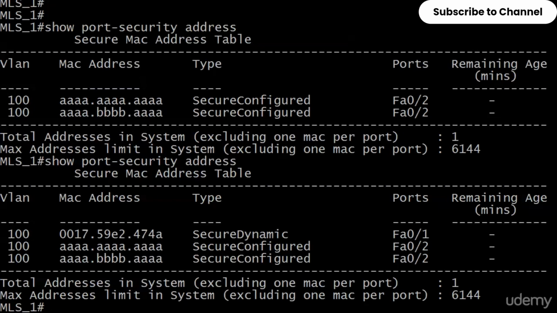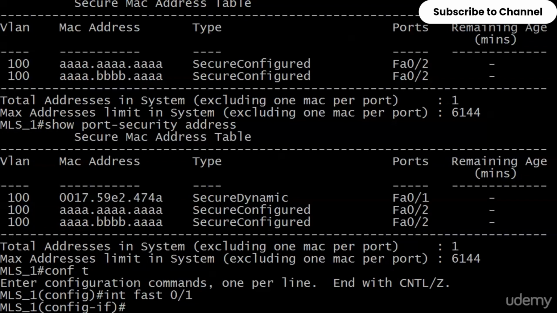What you're doing with sticky addressing is these secure dynamic addresses are then written to the running config. So they're kept on a reload. You just do a yes when it says you want to save your work if you haven't done it yet. When you reload the switch, it's going to save them. And when the switch comes back up, the addresses are already there. They don't have to be learned again. That's not a bad deal. So let's go ahead and enable that